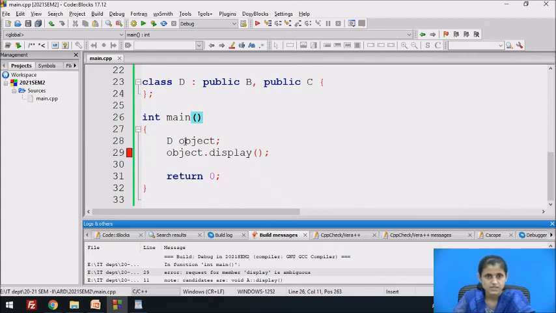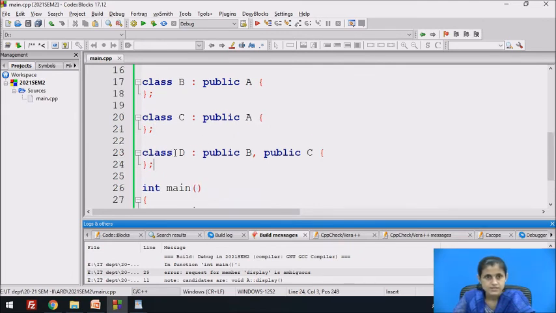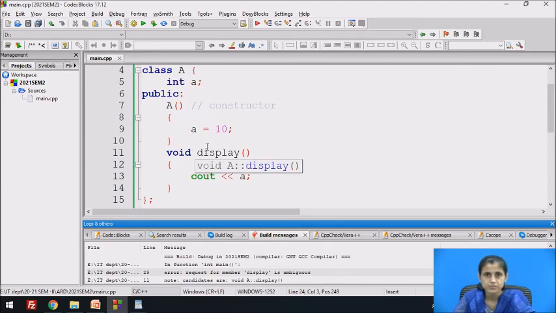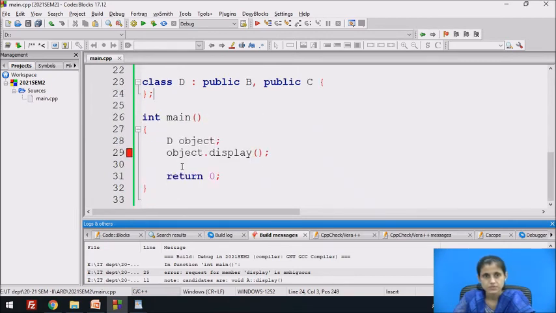The object of class D is created and display function is called. But display function is not defined in class D. Display function is called through object of class D. Class D receives protected and public members of class A through 2 paths, through class B and through class C. So display function is also inherited twice, once through class B and then through class C. So there is ambiguity once again to access the display function.